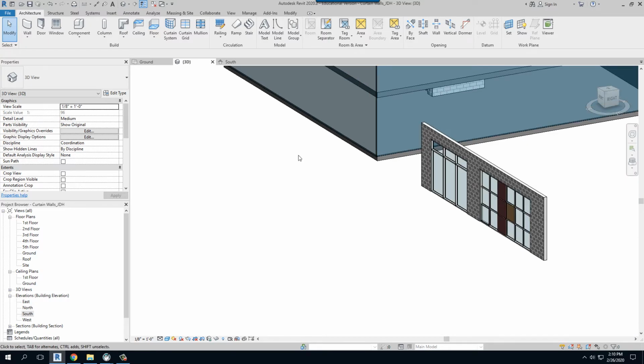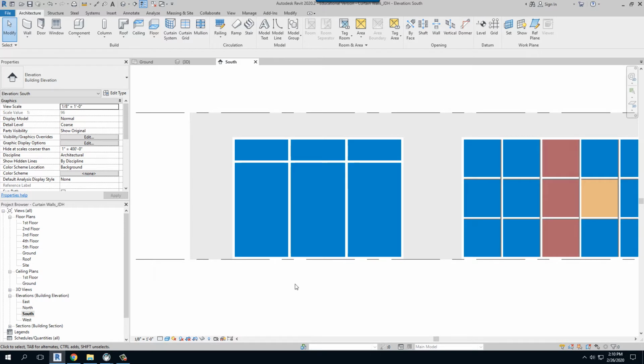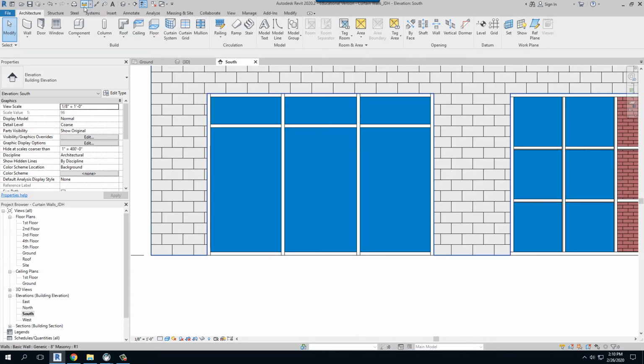Let's move on back to our storefront for a minute. We'll go to the south elevation. We'll move away from our curtain panel. And let's say this is my storefront and I want to put a door in here. Let's look at this dimension, okay? If I go to